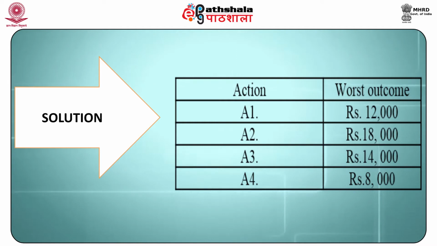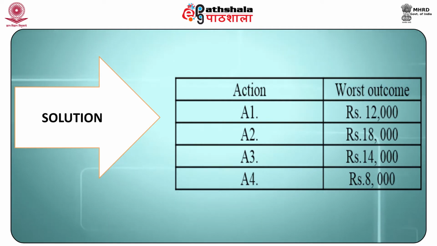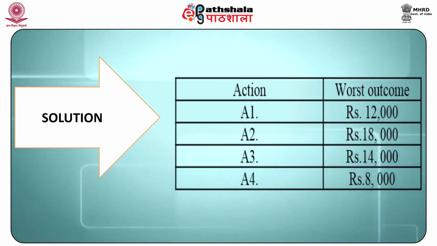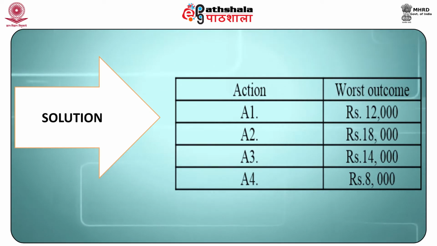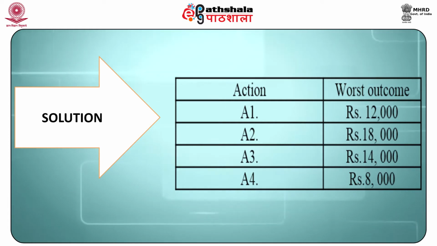Now, if we look at the various choices that are with the decision maker, that is A1, A2, A3 and A4, the problem is to find out what should be the right decision. If he is a pessimistic person, he will always assume the worst to happen and therefore, if he decides on course A1, he will assume the worst to happen. If he goes by option A1, the state of nature as per him will be S2, as S2 is the minimum and the worst state, and this will offer him a payoff of rupees 12,000.